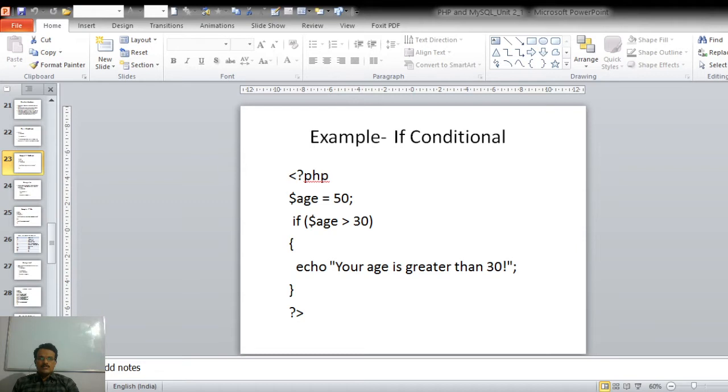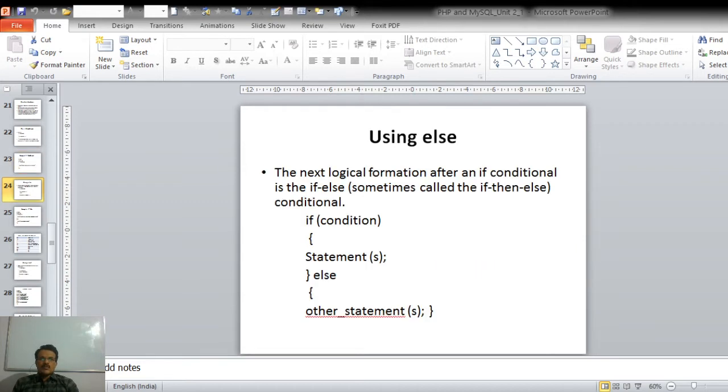So to deal with such cases, we have another variation of this if statement, that is the if else statement. The next logical formation after the if conditional is the if else statement, sometimes called if then else, like in any other programming language. So the syntax is again the same, only the else part is added to the if condition.